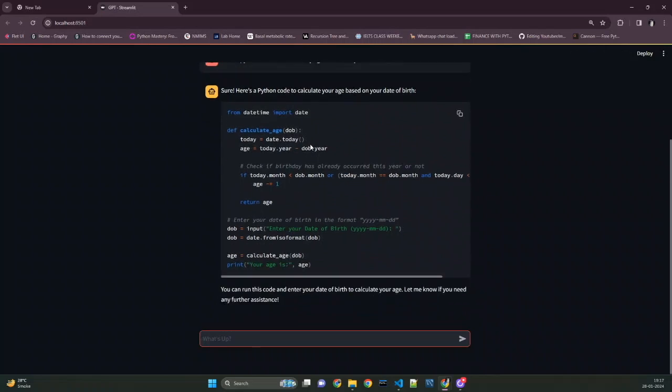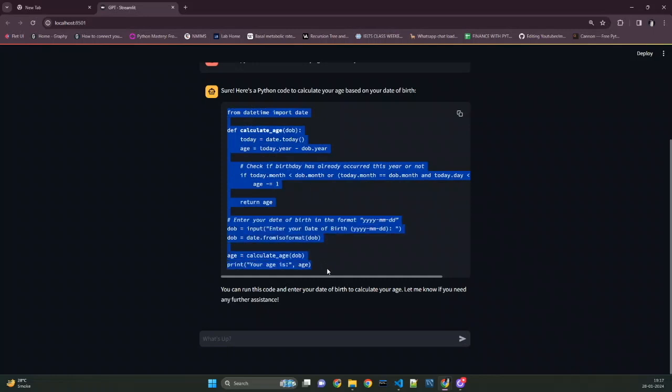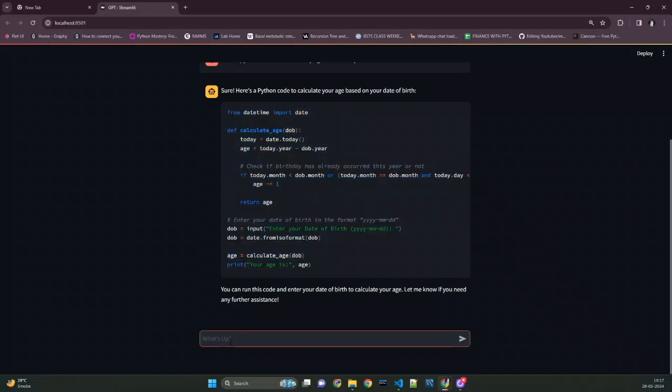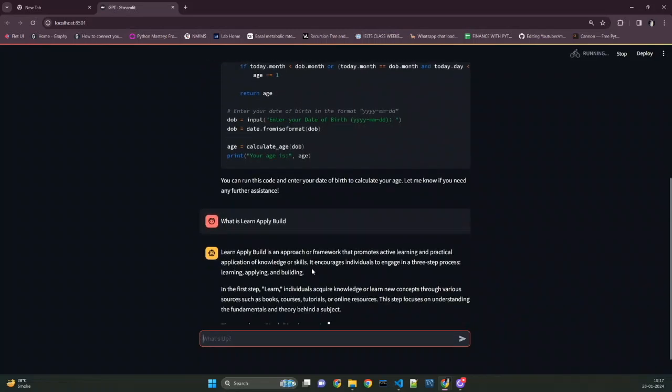So that's it, guys. That is a ChatGPT type application for you, and we can just play around with this and we can just see it. Okay, let's just ask, what is learn, apply, build? So mind you, it doesn't give information about any specific person. Okay, so let's just go ahead and ask what is learn, apply, build,